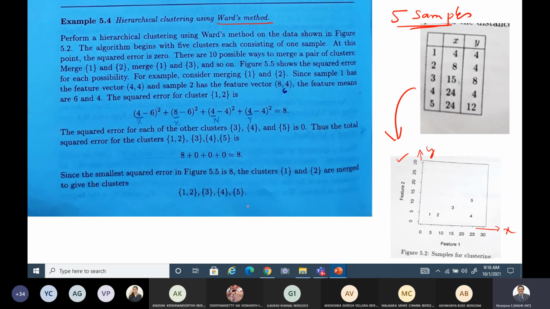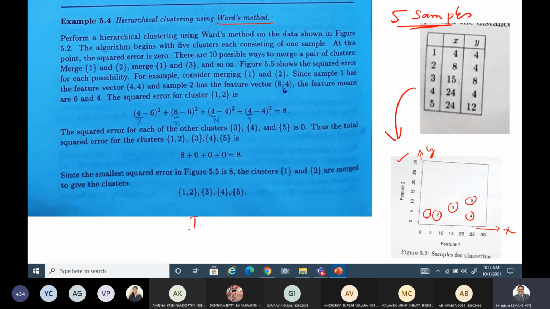Now we are going with the bottom-up procedure, or hierarchical clustering approach, where the first step is always to start with n clusters, each consisting of one sample, right? In order to merge two clusters, how you can merge is what you are going to decide here. You can merge 1 or 2, or 1 or 3, or 1 or 5. There are a lot of combinations you find here for how you can go to 4 clusters.